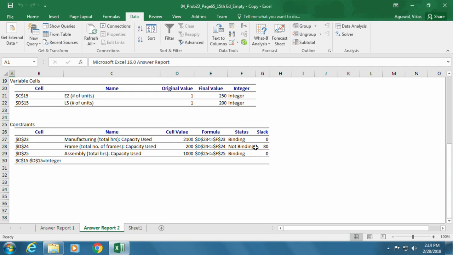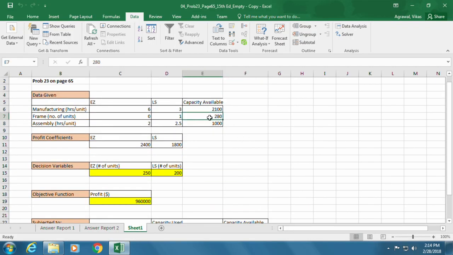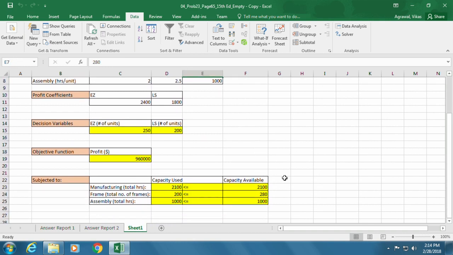Not binding simply means that there is a slack available of 80 units of unused capacity, which means that even if you reduce the number of frames to 200 here, you will still get the same optimal solution. But beyond that, you might need to resolve the solver.